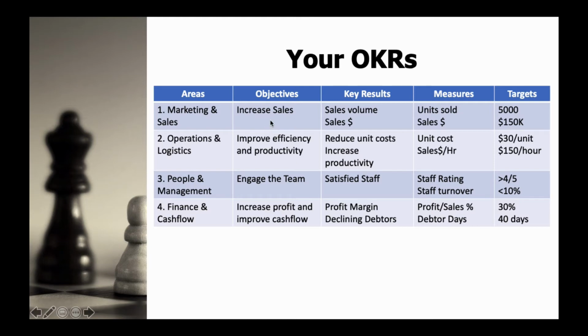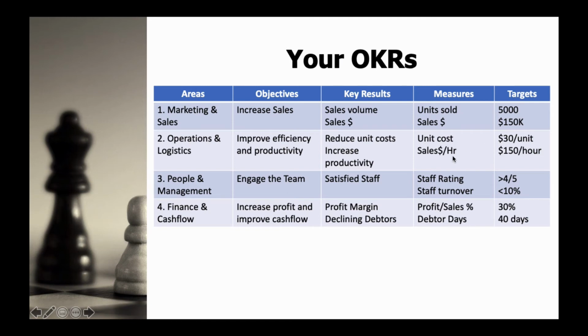For that objective, we then have some key results. The ones I've suggested in this example are sales volume, so the number of units we've sold, and we set a target for that. These targets are just completely made up, but we set a target for that. And then sales dollars, so how many dollars do we make? The measure of that is obviously sales dollars, and we set a target for that. So for each objective, you want 1 or 2 key results, and you want at least one measure for each